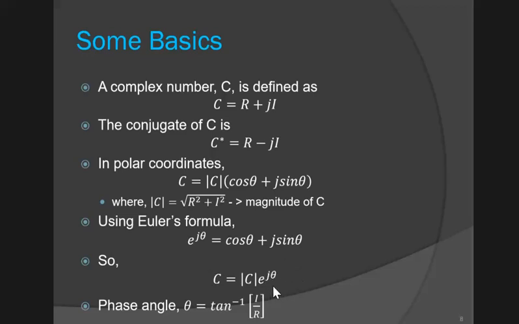That means our Fourier transform value will be a complex number. So remember that. And this theta is known as the phase angle, which equals tan inverse of imaginary part divided by real part. So remember these formulas. Remember what is conjugate, then what is magnitude and what is phase angle.